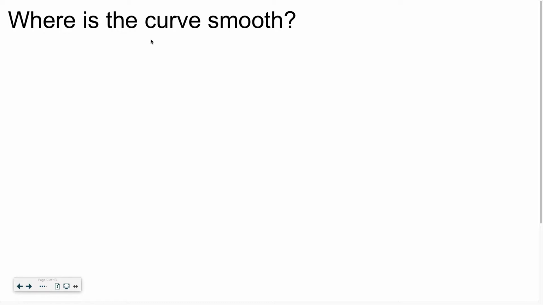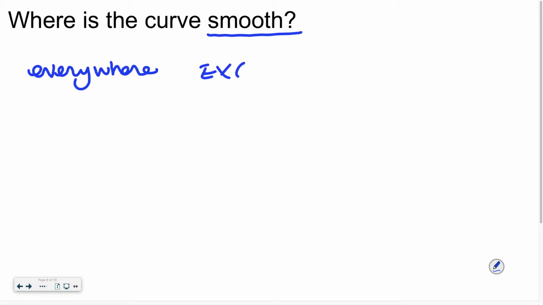We are going to look at a variety of calculus type things with our vector valued function. I want to go back to our concept of a smooth curve. If we have a vector valued function, where would our curve not be smooth? When the components equal each other, when they're both zero. So we would be smooth everywhere except